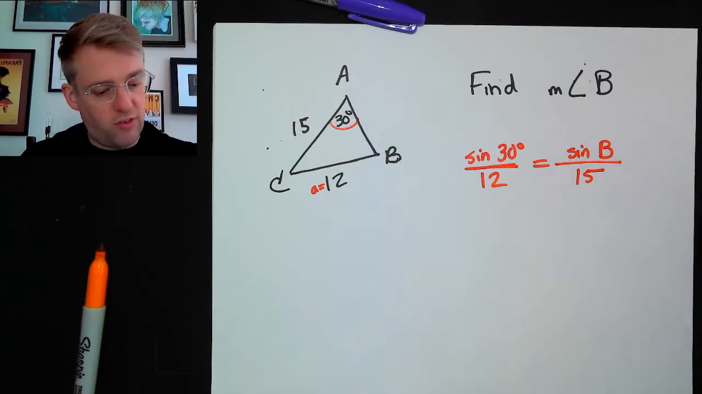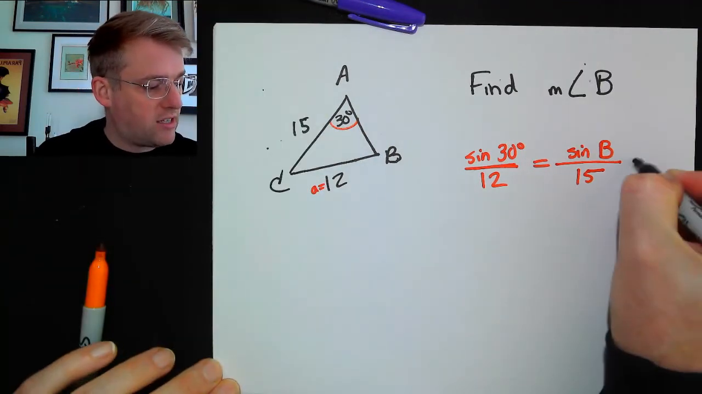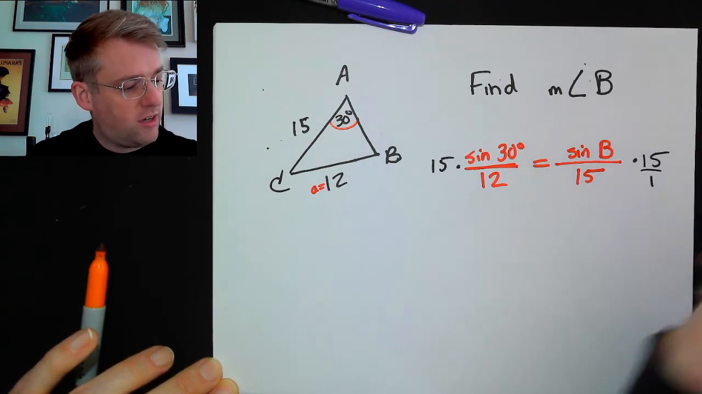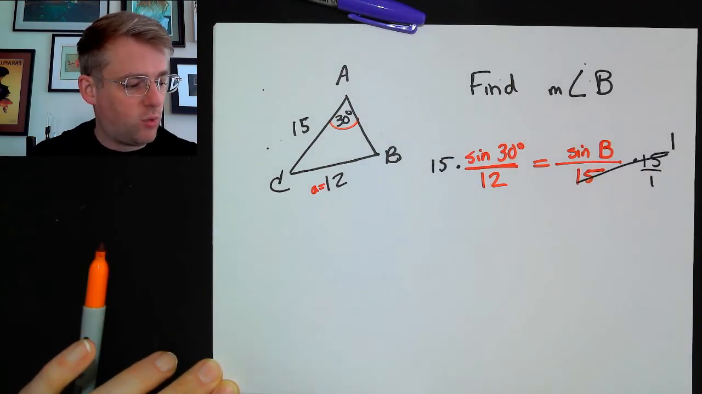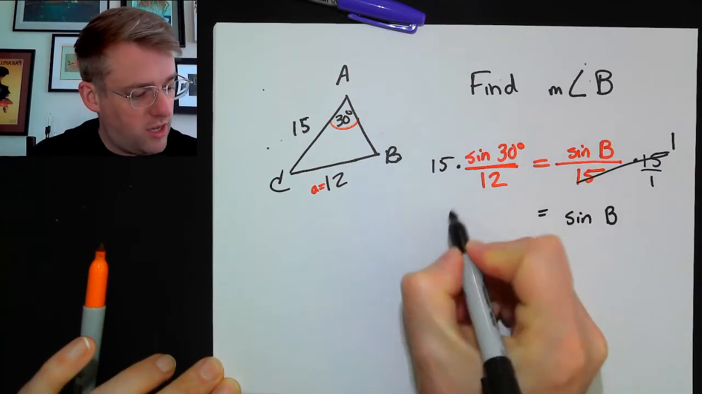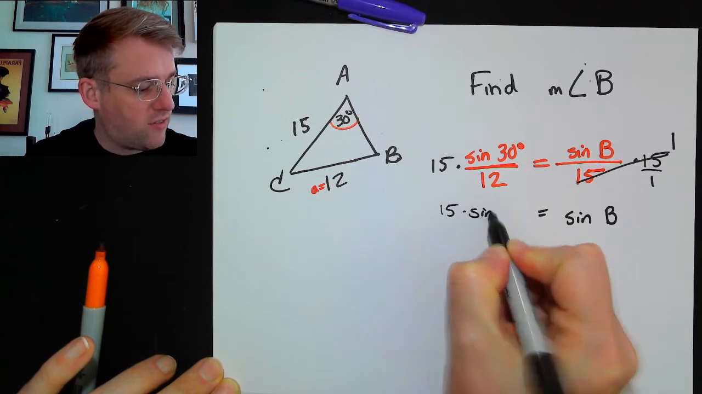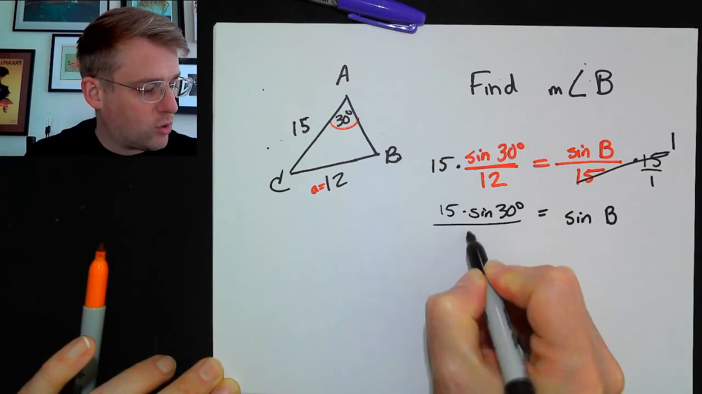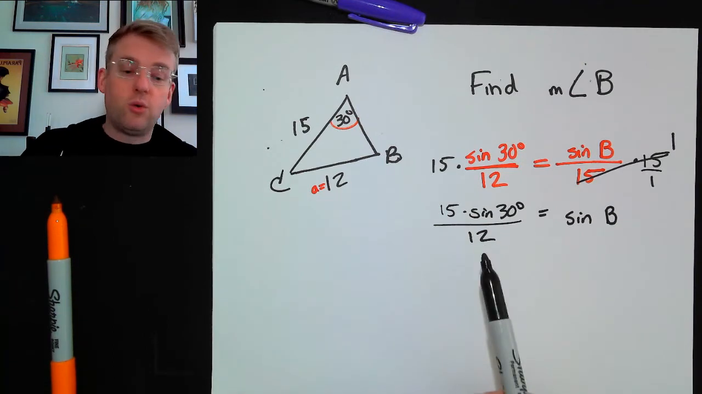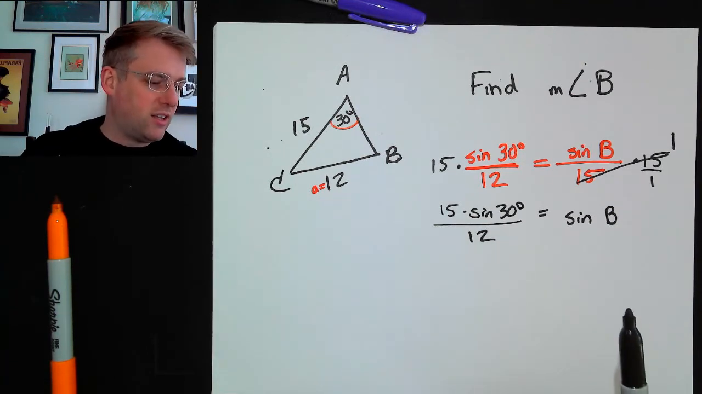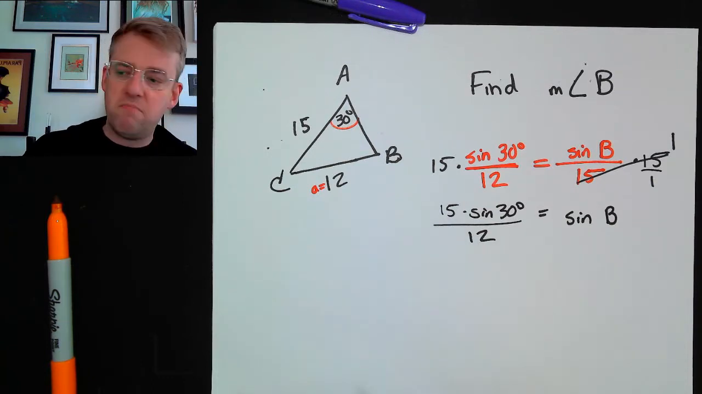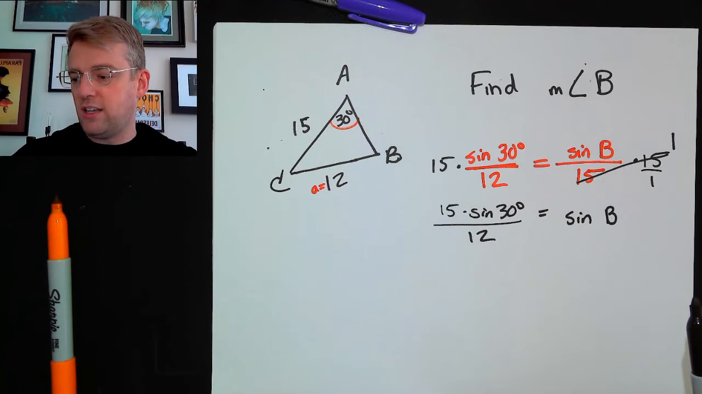Our variable is on the right. It's in the numerator of our fraction. I'm going to multiply both sides by the denominator of the fraction. Technically 15 over 1, and 15 divided by 15 makes 1. So we know the sine of B will be equal to 15 times the sine of 30 degrees over 12. And for this, we can just go to our calculator. We can reduce it a little bit because 15 and 12 are both divisible by 3, but rather than do that, I'm going to go right to